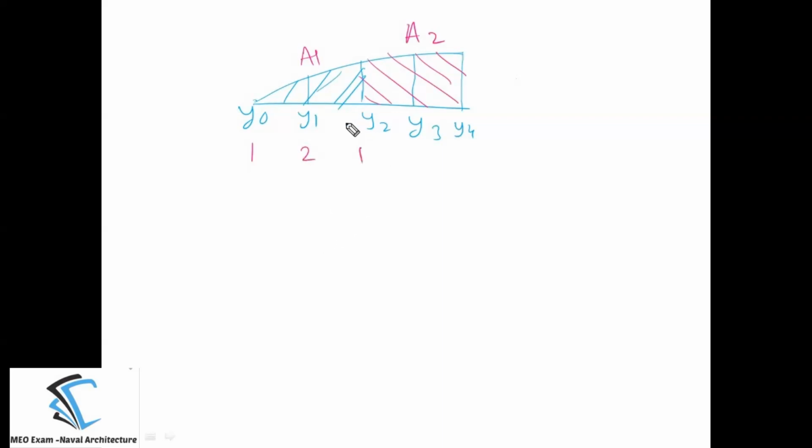Then y2 is combined between A1 and A2, so I will write the multiplier below y2 only, below the earlier multiplier, 1, 2, 1 like this. If you add these, you will get the multiplier 1, 2, 2, 2, 1. So this will be the final multipliers. Again, I will give one more example so it will be easy to understand.